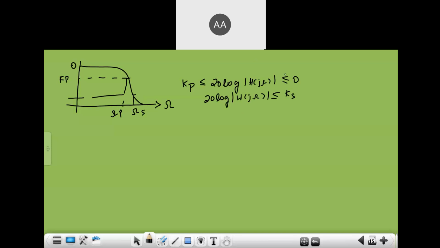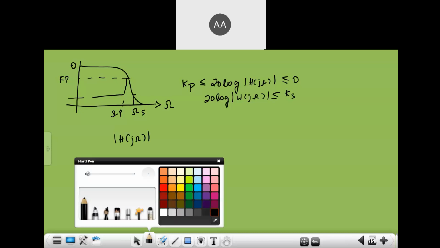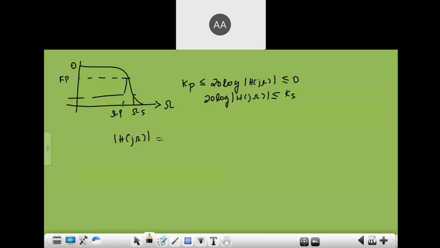So the design of a low pass filter amounts to what? Basically, we want to find out its transfer function. The magnitude frequency response of a low pass Butterworth filter I had already given you. That is given by mod of H(j omega) squared, equal to 1 divided by 1 plus (omega by omega c) whole thing to the power 2n, this whole thing to the power 1 by 2, if you remember. This was what the magnitude response of a low pass Butterworth filter looks like.